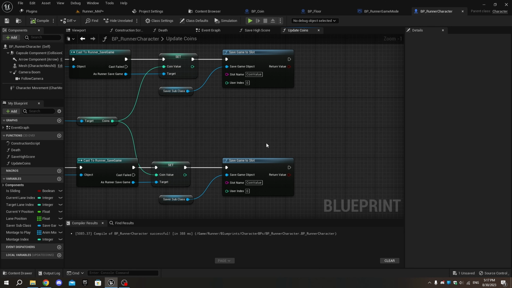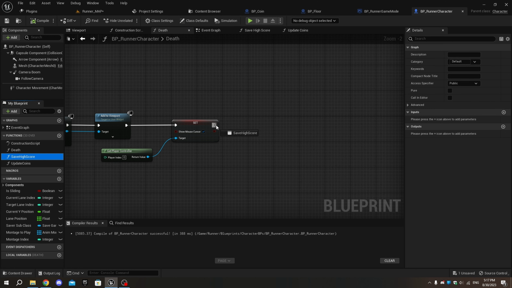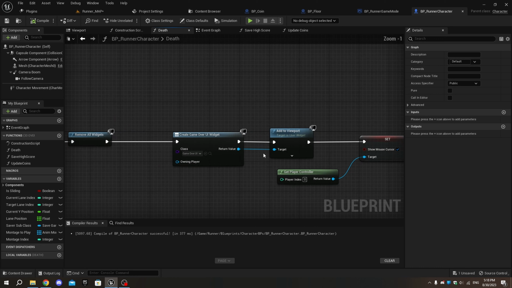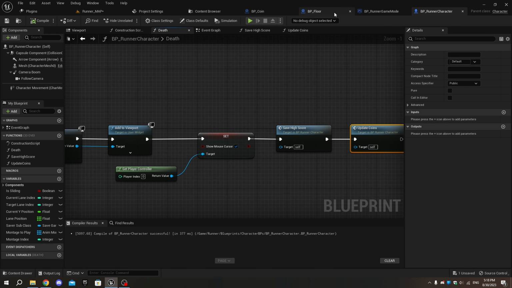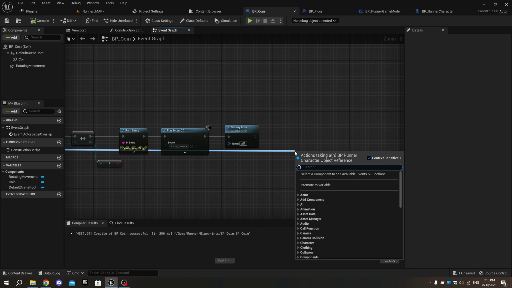Now, go back to the death function and drag and drop the Save High Score to the execution pin of the last node and do the same with the Update Coins function. Go to BP_coins, and as runner character, add update coins and connect the execution pin after the destroy actor node.